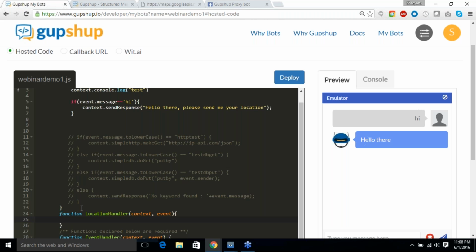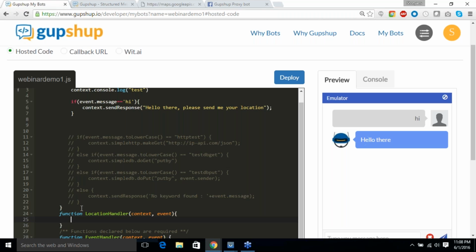And the other one is room level data, which is specific to the user the bot is chatting to on a particular messenger. So say I talk to the bot from Facebook Messenger, then room level data will be specifically to me from Facebook Messenger. So once I send the location, I'll store it as latitude and